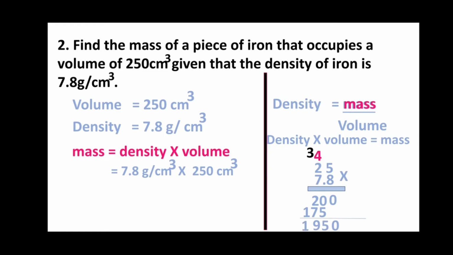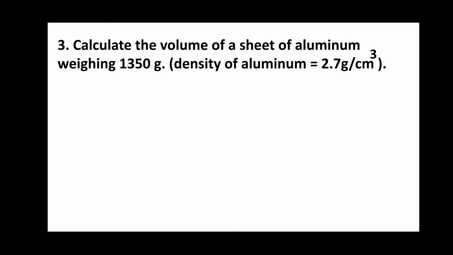Then 1. Then I have to add that 0 of 250, right? That I will be adding here. Then there is one decimal point. Here for 7.8 is given, is it? That decimal point I have to move one place and I have to put it here. So I got the answer as 1950. Since the 0 is coming after the decimal point, it doesn't have any value. So we got the answer as 1950. Now what about the unit? This centimeter cube and centimeter cube will get cancelled. Then the unit is gram.